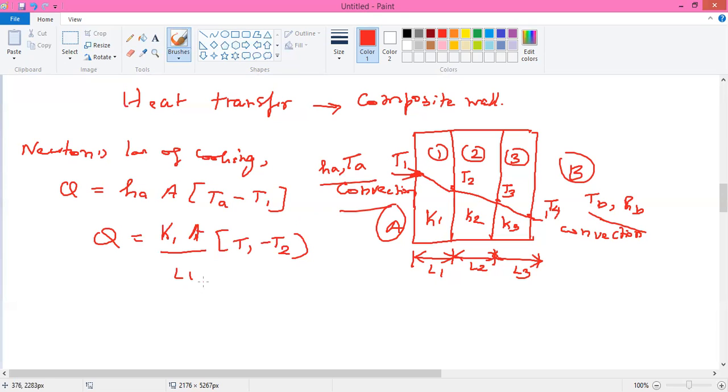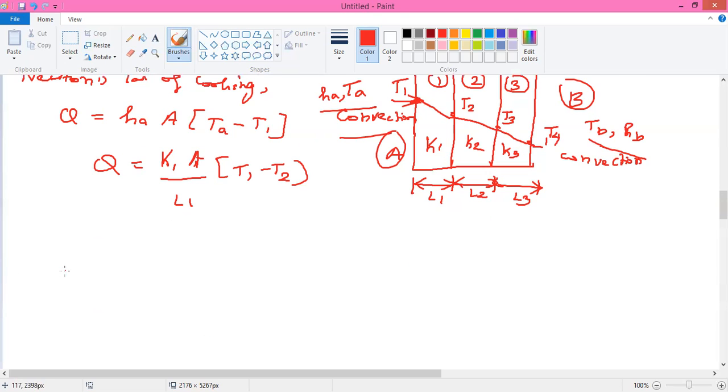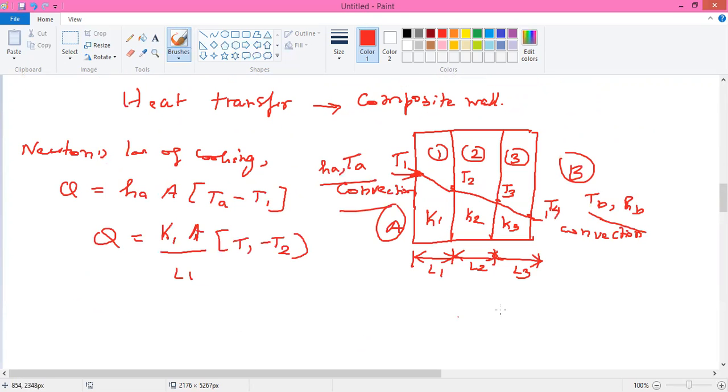Next we move to conduction in the second element, with the temperature range T2 to T3. So we go for the second element; this is the first element. Next we find the second element. This equation represents the surface element by convection, Newton's law of cooling, but this element follows Fourier's law. Already you know what Fourier's law says.